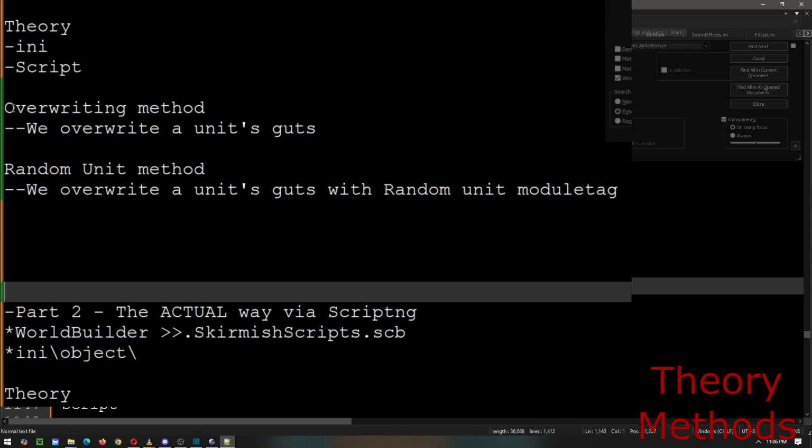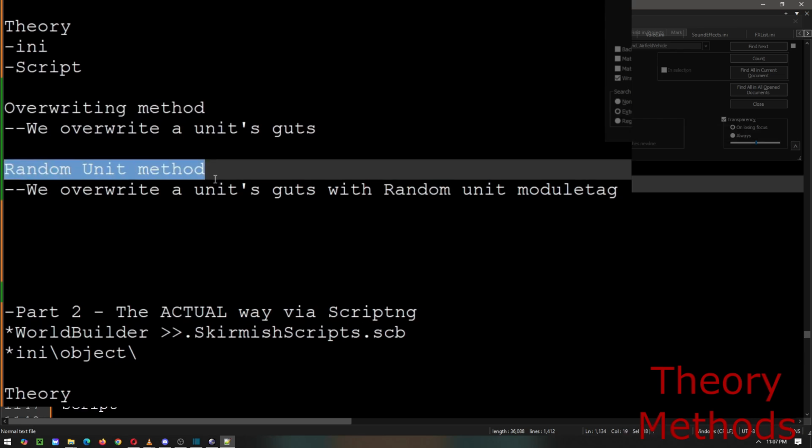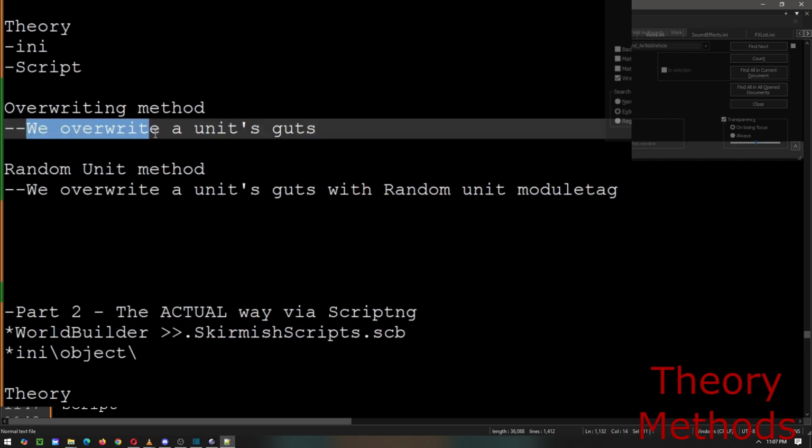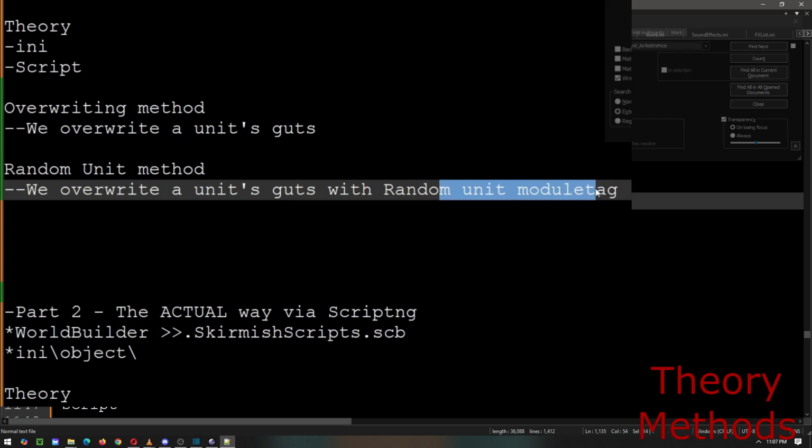The first way is the overwriting method, and the second way is the random unit method. In the first method, we overwrite the unit's guts or the building's guts, and the second method is we overwrite the unit's guts again, but we use the random unit module tag